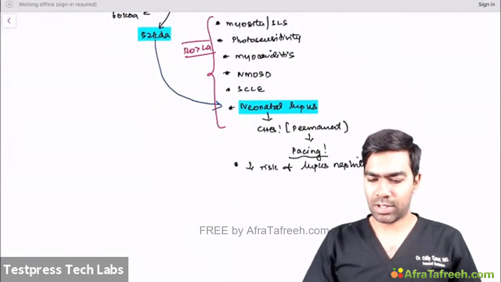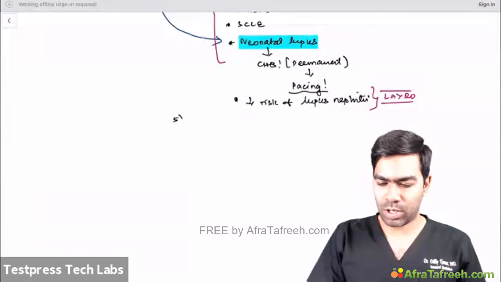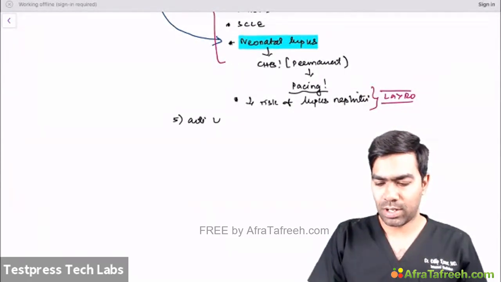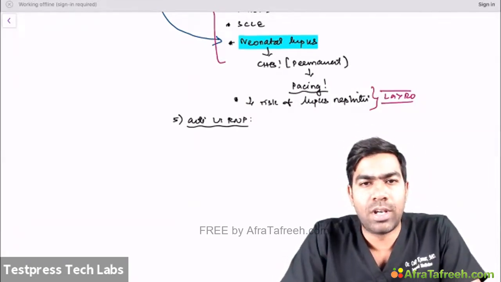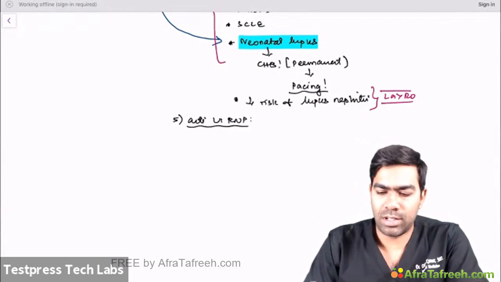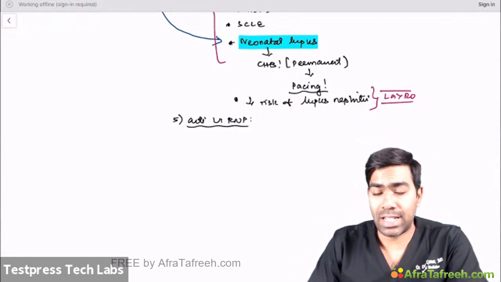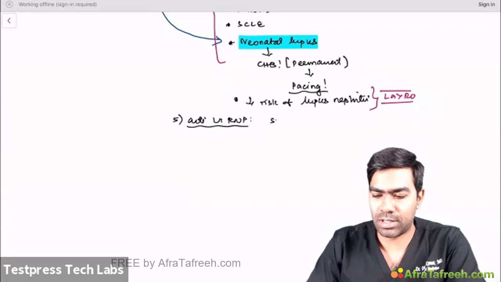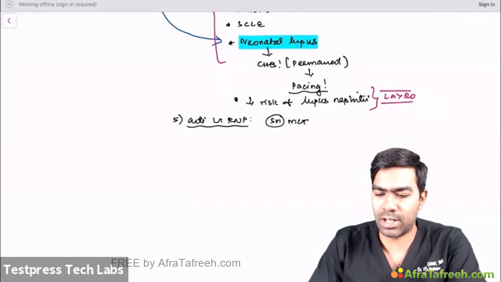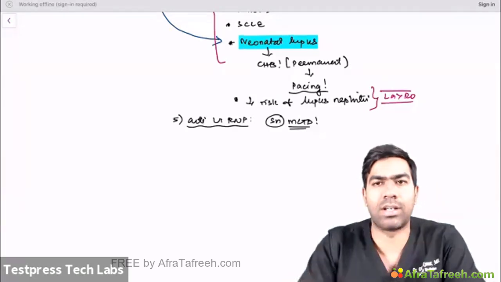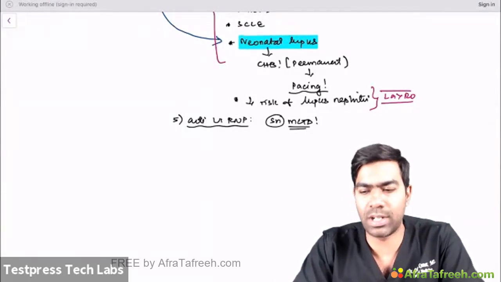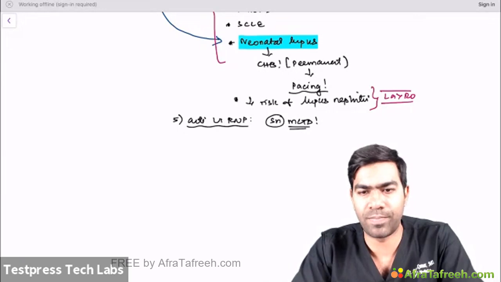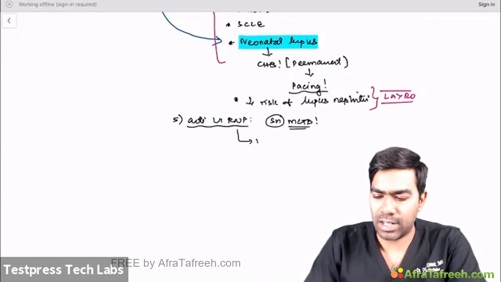antibodies. Then we have the fifth nuclear antibody, that is anti-U1 RNP antibody. This is a ribonucleoprotein antibody, which is again a nuclear antibody only. As far as anti-U1 RNP is concerned, it is more sensitive in MCTD patients. It's sensitive for MCTD, that is mixed connective tissue disease, but it's not specific even for MCTD. It's not specific for SLE also. If it is present in SLE,